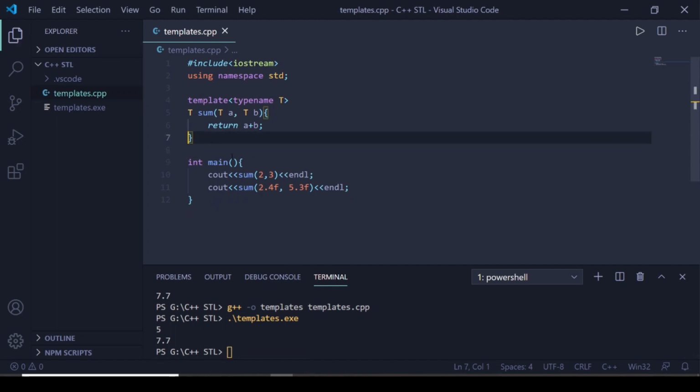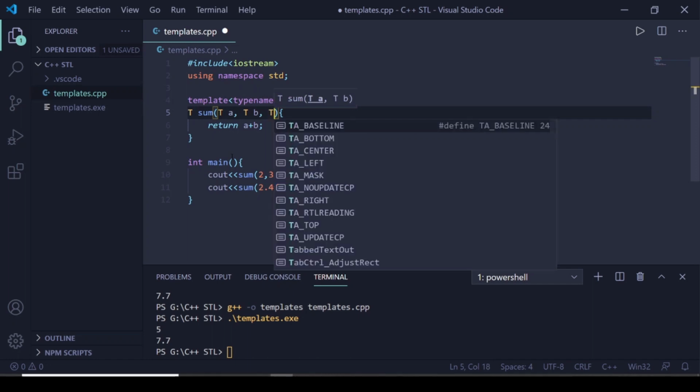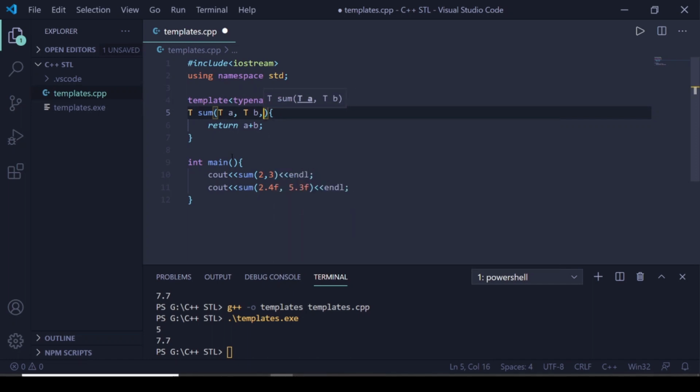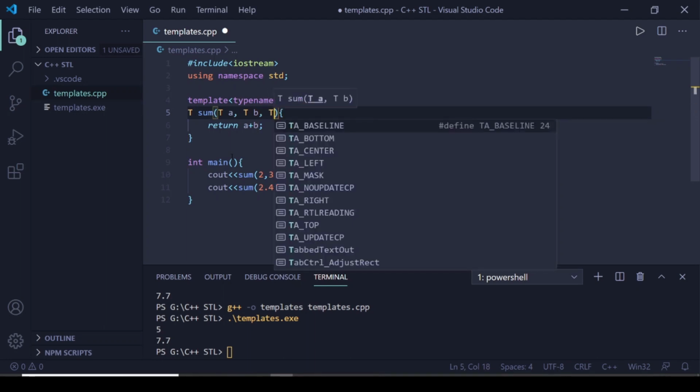Now let's look at some more things which we can do using templates. Let's pass another template, T2.